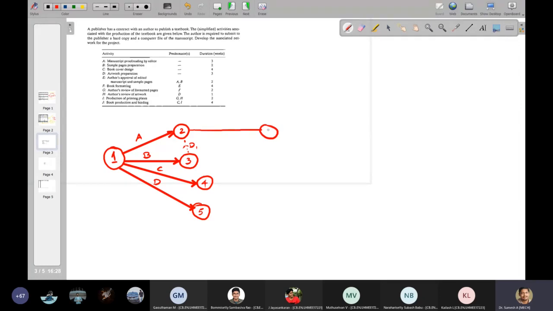This is node number 6, and the activity is E. Then activity F follows E. So node number 7, it is F. And G follows F.